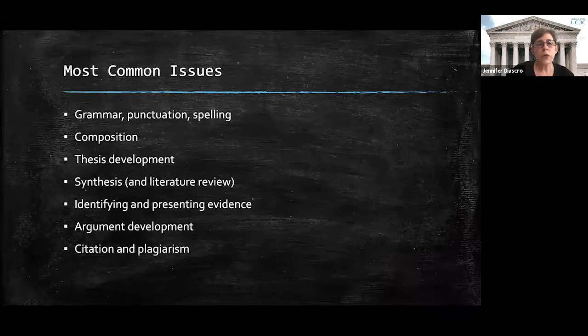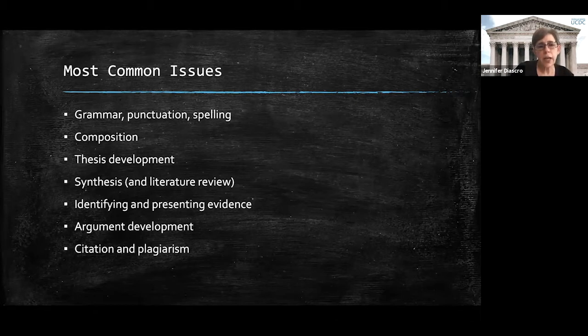Okay. So there's a number of common issues, and this list kind of makes up the agenda for today. I'll go through each of these topics in more or less detail, but lots and lots of people have difficulty with grammar, just the basics of grammar, punctuation, and spelling. I'm a horrible speller, so we'll talk a little bit about resources that we can use to help us with that. Composition, the structure of sentences and the structure of paragraphs, is also a primary source of difficulty for lots of college students and even practiced writers.